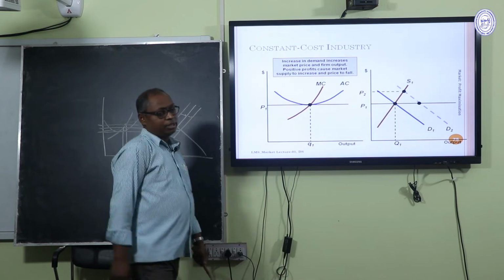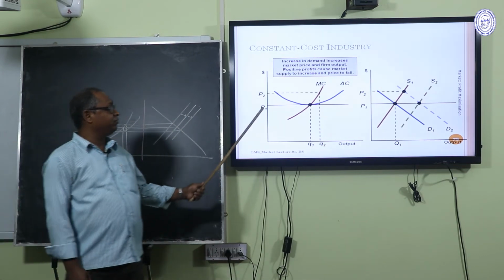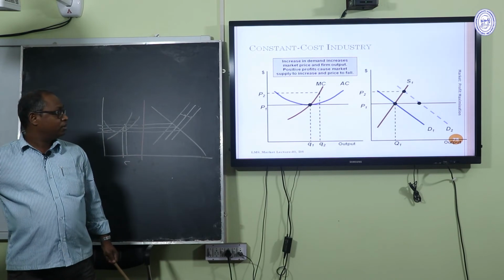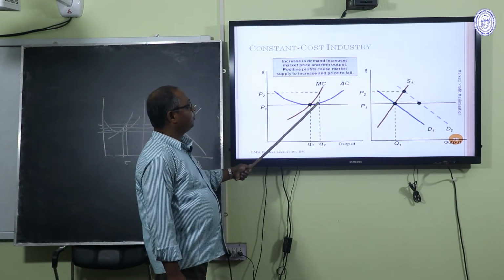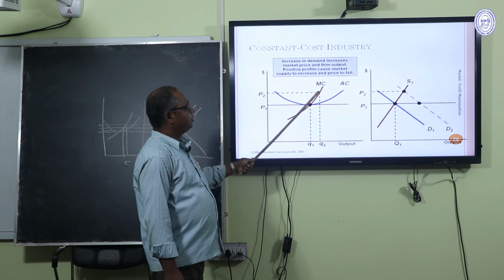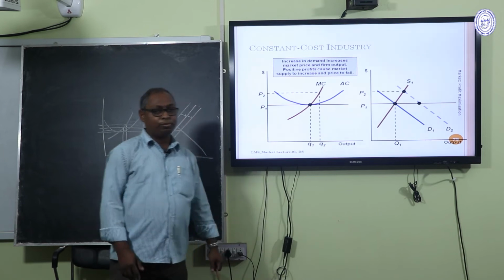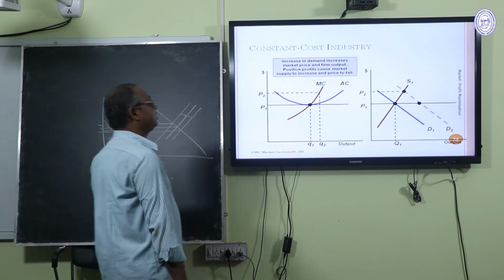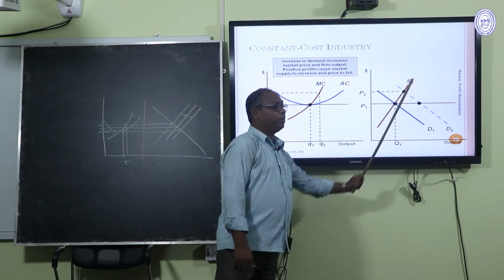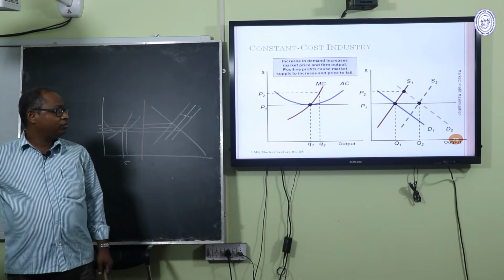Price will increase. If price increases, with the new price, each and every existing firm will now earn supernormal profit. This amount will be the supernormal profit. So by seeing the supernormal profit, again some of the firms will enter into the industry, that will enhance the supply, and this enhancement of supply will be at